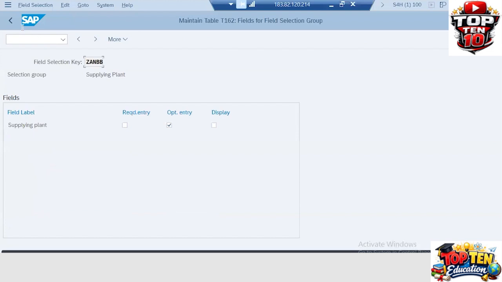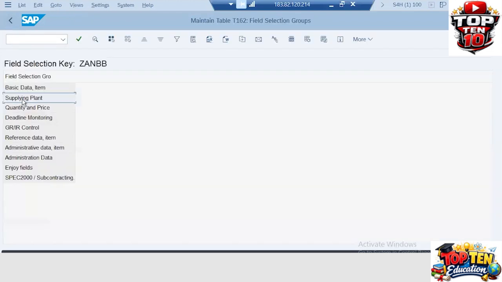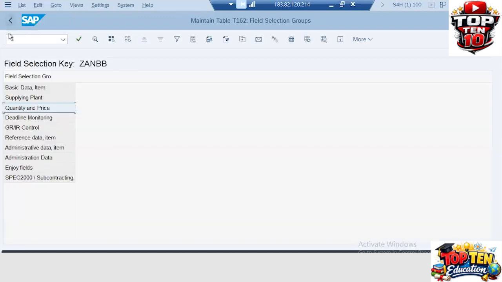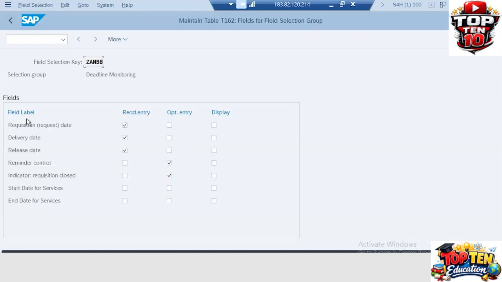As per the requirement, we can do one thing. We can make a number of fields optional, required or display. Order unit purchasing, that is optional, that is okay. Unit of measure required, variable frame. Deadline monitoring: requisition date, delivery date, release date,